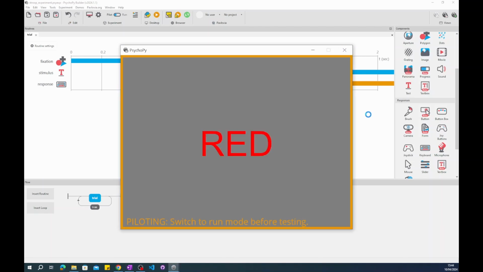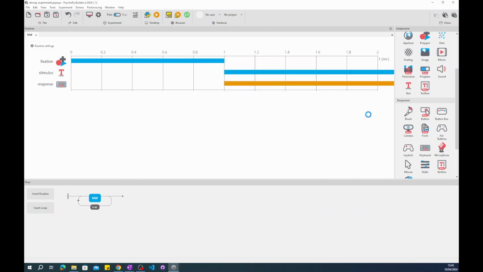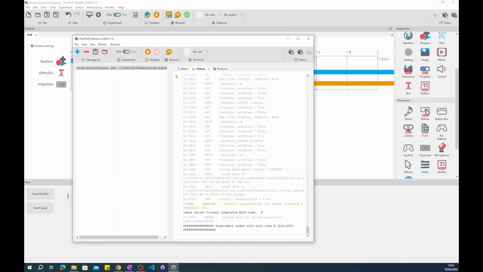The sizes are looking a lot better, and if we press one of our keys, yep, the task doesn't end, and instead we're getting the repeat of the trial. This is already much better than what we had last time, but it's still not quite what we want. You might have noticed by now, but all the trials in this experiment are the same. This isn't exactly surprising because, well, that's how we've programmed it, right? We made one trial with red as the word and red as the font color, and we set it to repeat 27 times. But let's see how we can add some variation to our trials by setting a new word and a new color on